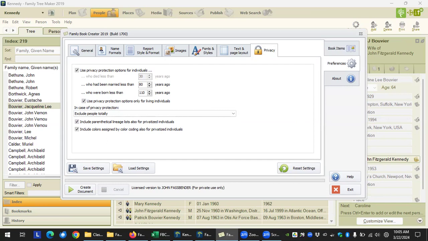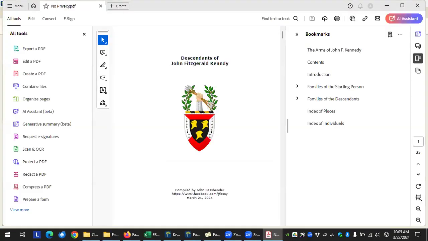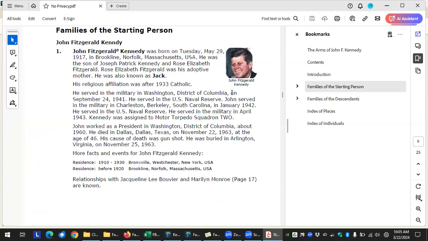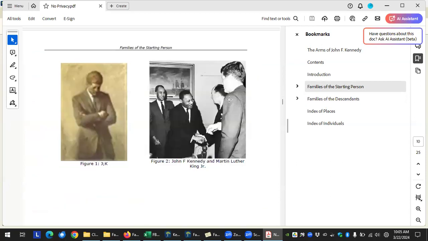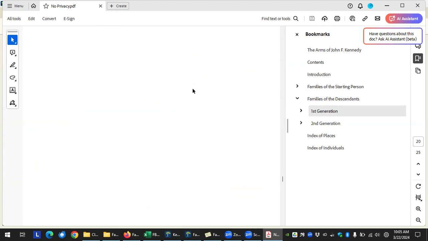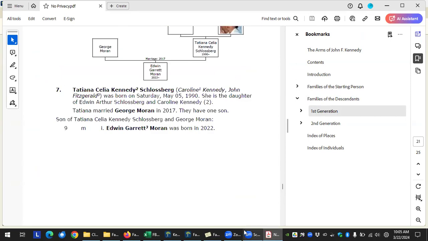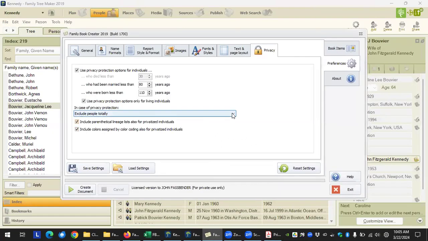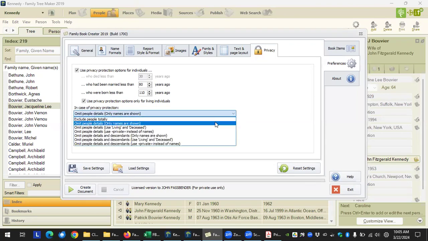So here's just kind of a standard thing, you know, basically there's no privacy. JFK, but then, you know, it's showing the living descendants, and basically it'll show any details. If we tell it to exclude them totally,